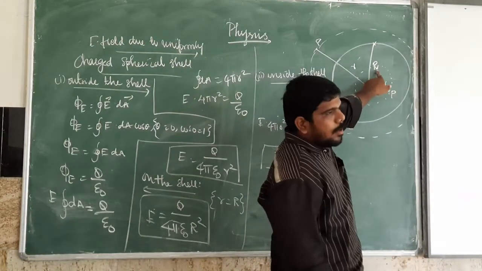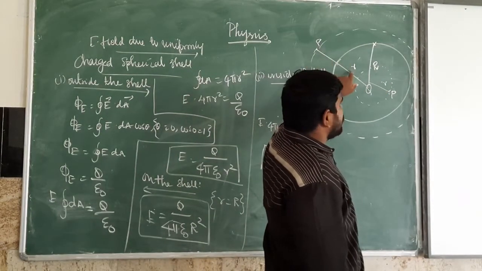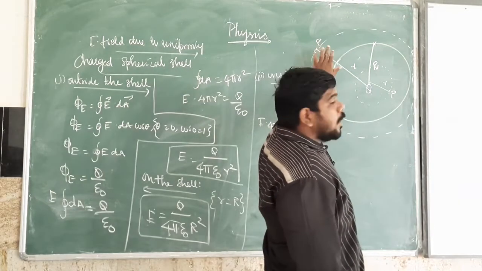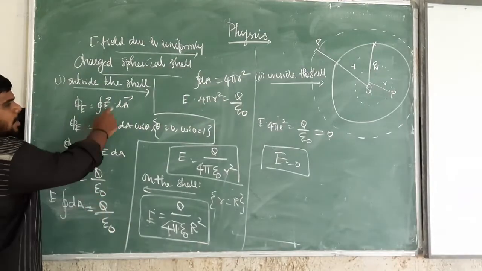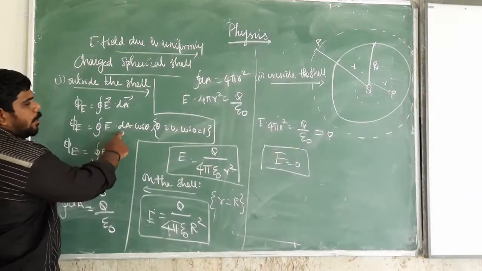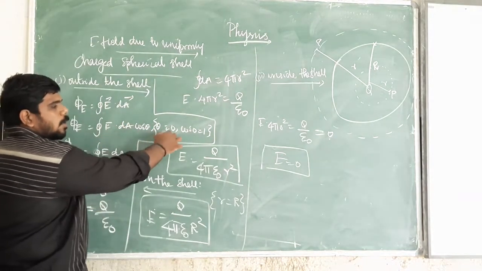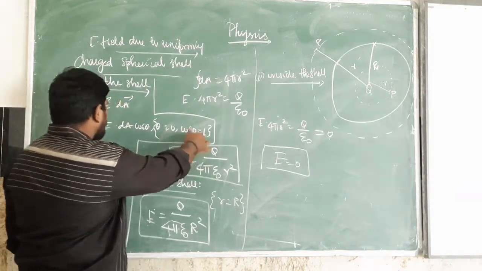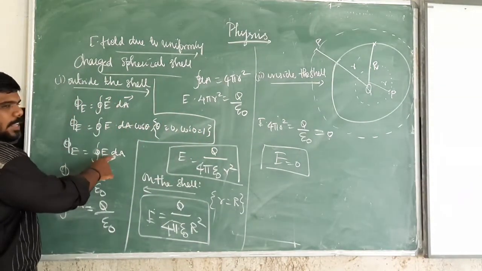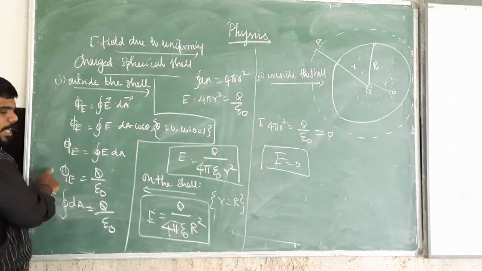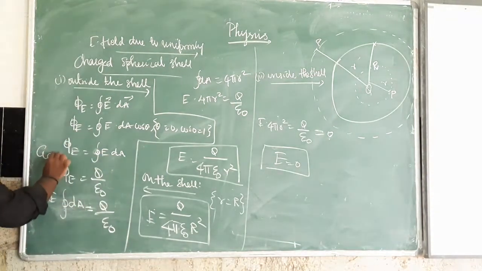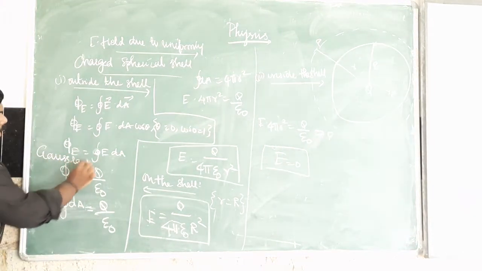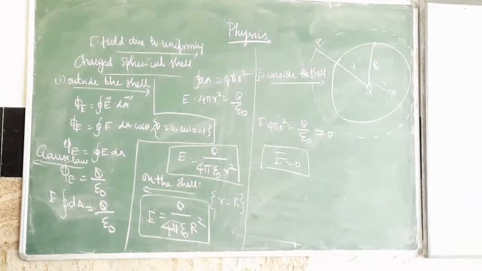What we are assuming is a uniformly charged spherical shell having a radius R. We take a point P at a distance r outside the shell. Considering the Gaussian surface, the total flux phi of E is equal to the integral of E vector dot dA vector. So phi of E is equal to E into dA cos theta. If theta is equal to 0, cos 0 is equal to 1. Then phi of E is equal to the closed integral of E dot dA. We are substituting in Gauss law, phi of E is equal to Q by epsilon 0.